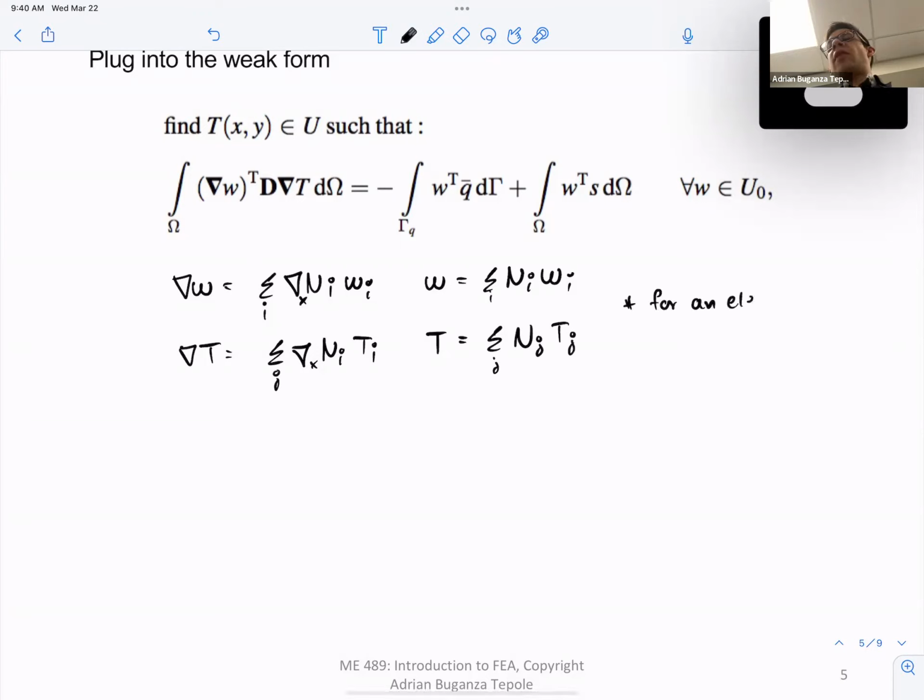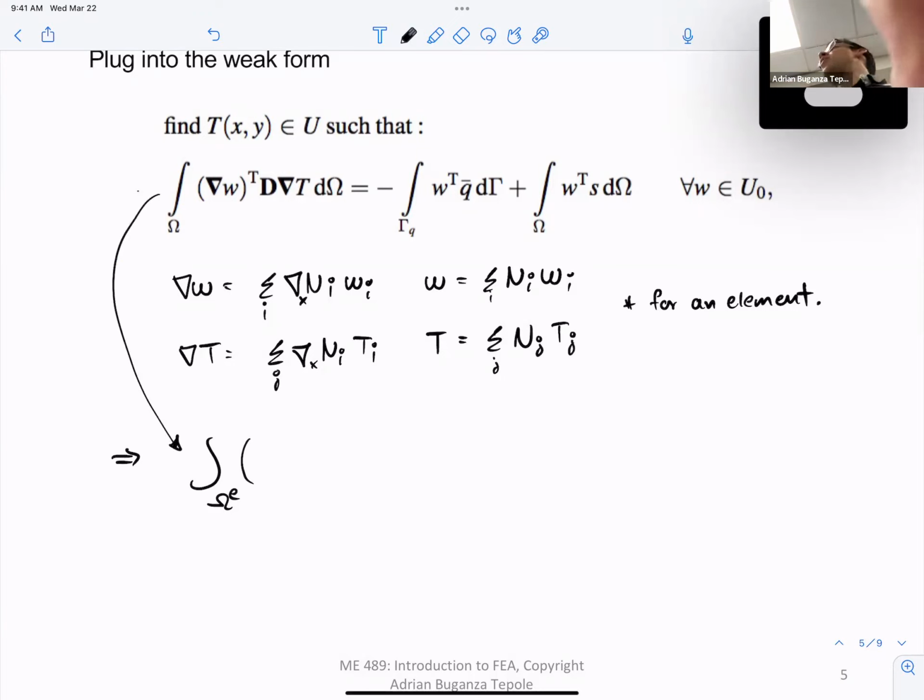This is for an element, because obviously the shape functions and the gradients will change from element to element. So if we plug that into the weak form, this equation is no longer going to be true because I'm only going to do it per element, but I'm going to write out what the integrals over an element would look like. So this first integral,